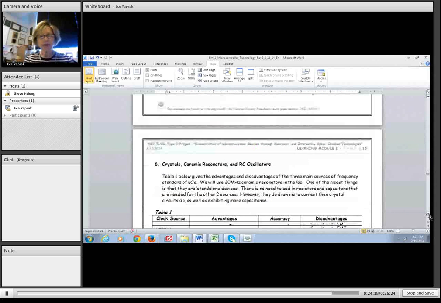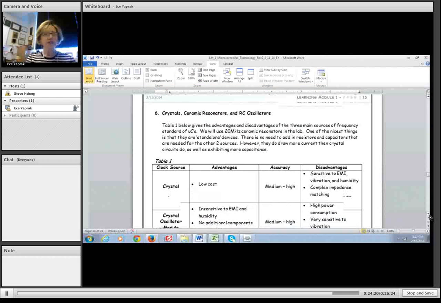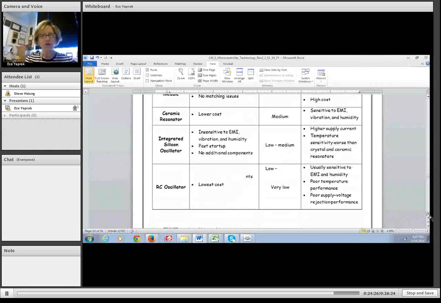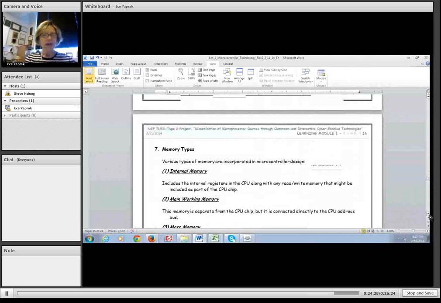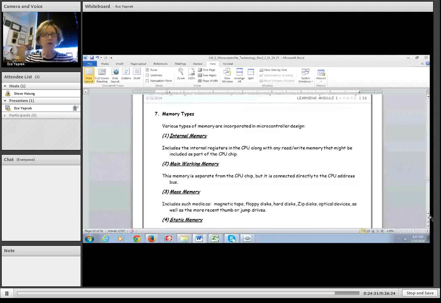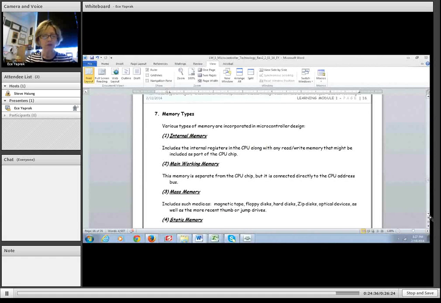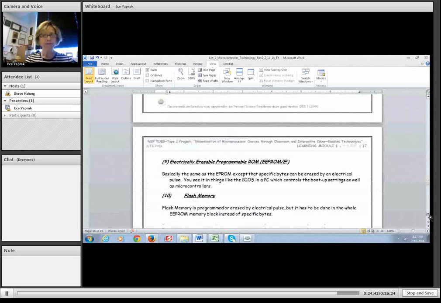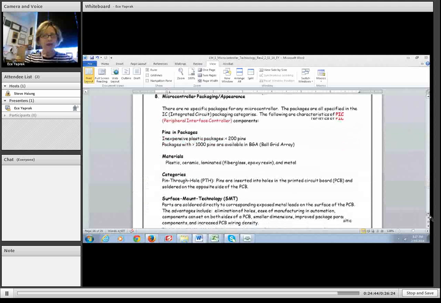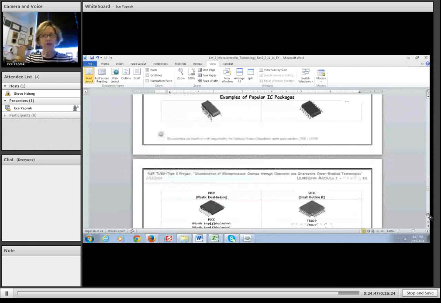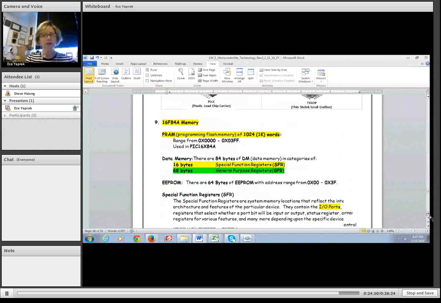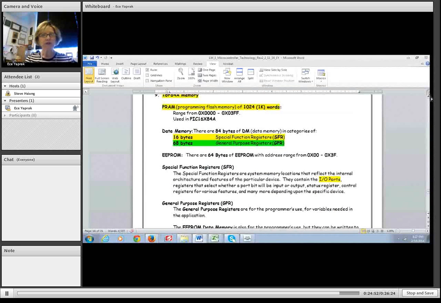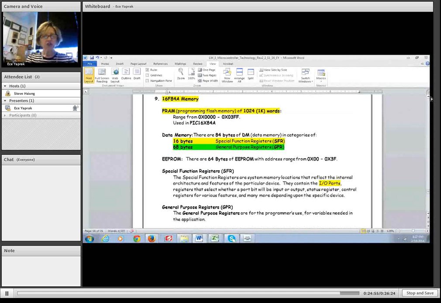Now, the next couple of pages talk about different resonators, oscillators, and so on. So you are welcome to take a look at them. And then this page talks about various memory types incorporated in microcontroller design. You are welcome to read them on your own time. Then also the next couple of pages talk about various different chips, and